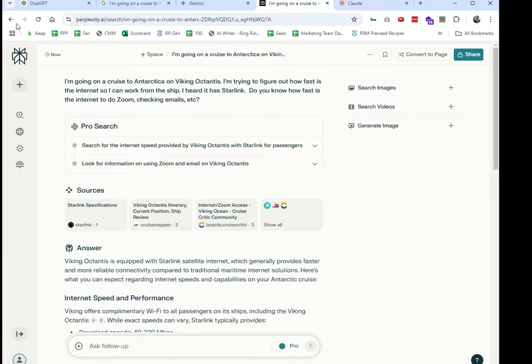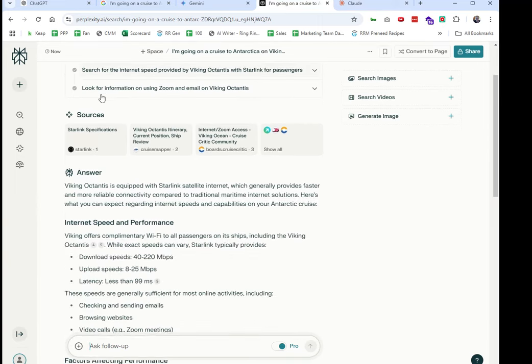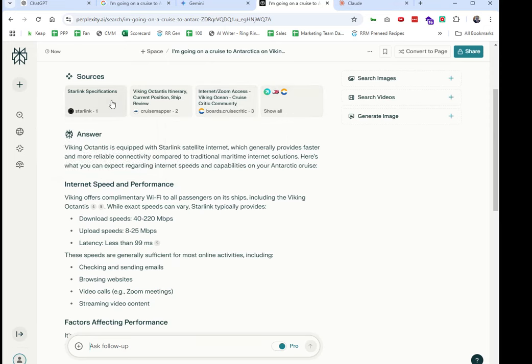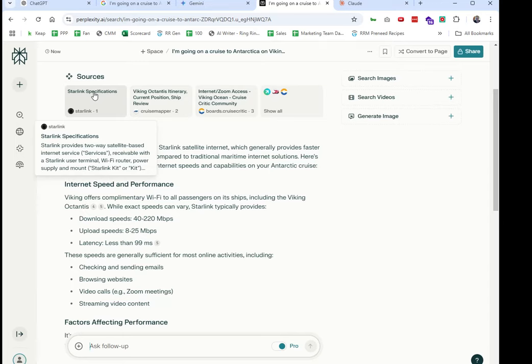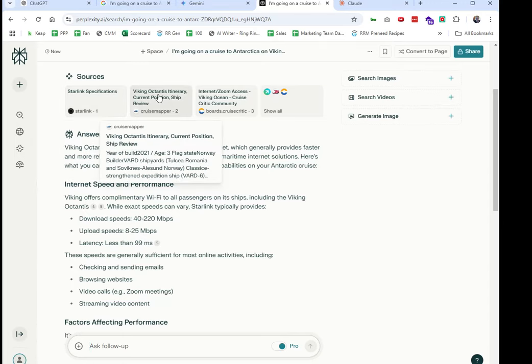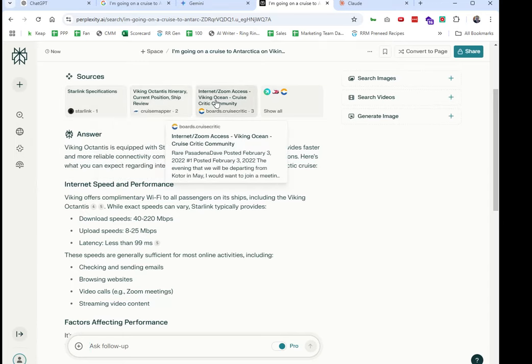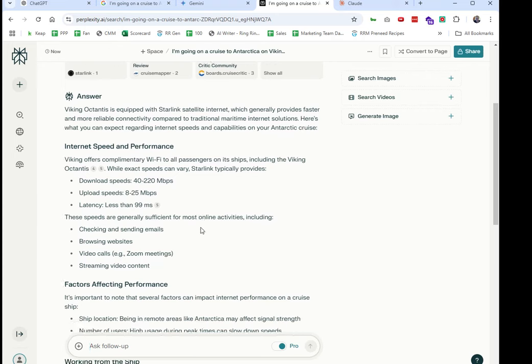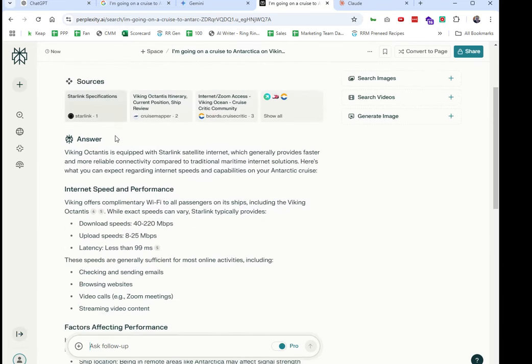So if you look at Perplexity, it does index the whole web. Actually, it's a search engine by itself. It goes pretty deep, looks at Starlink as a source, looks at Cruise Mapper, Cruise Critic. It does crawl other websites for information. So if I'm looking for search engine results, I tend to favor Perplexity a lot more.